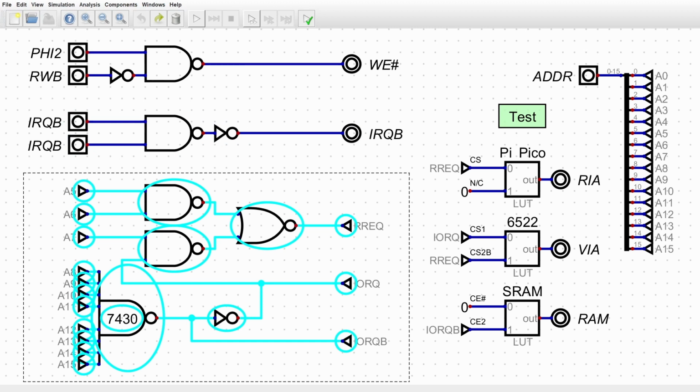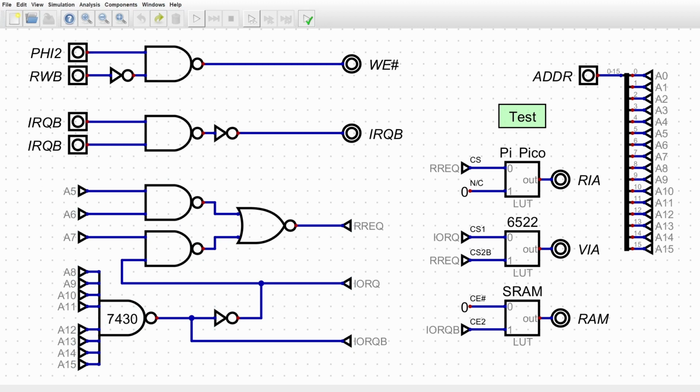Adding more than one device to the 6502 requires logic to select the right device at the right time. The idea is simple: decode the 16-bit address lines into chip select lines. I used this tool because it helped me visualize the chips needed. You can work through this stuff in your head, but it's pretty easy to make a mistake. The right side of the screen is a test harness designed to avoid those mistakes. It lets me set an address to see which of 3 devices are selected. Before I start testing addresses, let's talk about where everything is supposed to be and why I put it there.